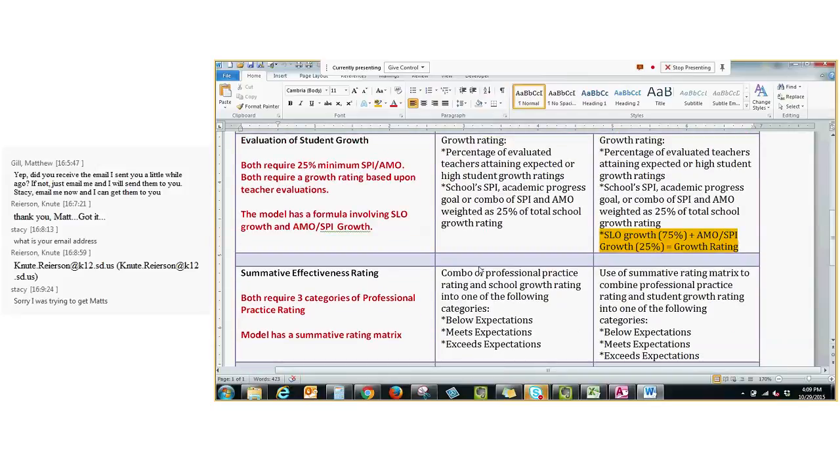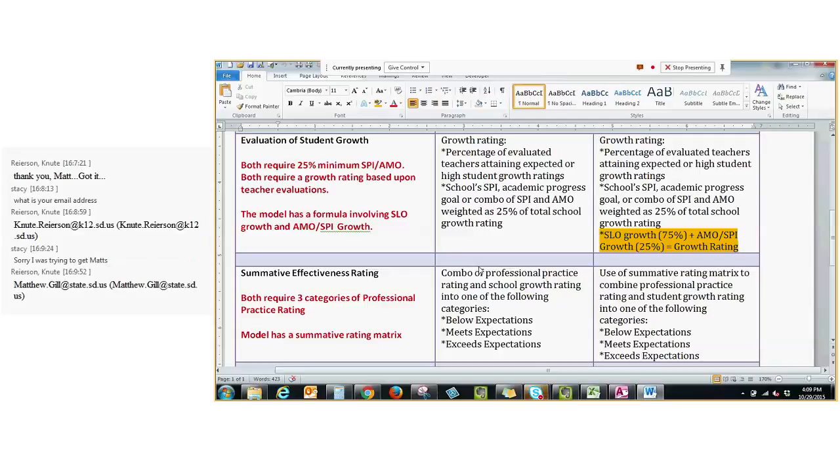Both models require that 25% minimum of the principal student growth rating comes from some consideration of the SPI or AMO. And again, today we want to spend some time looking at some sample goals. That was something we really didn't have last year when we did the fall trainings or in June when we did the summer trainings. We just didn't have enough information yet, so we've got some goals there to show you